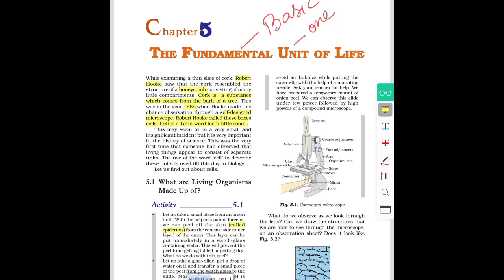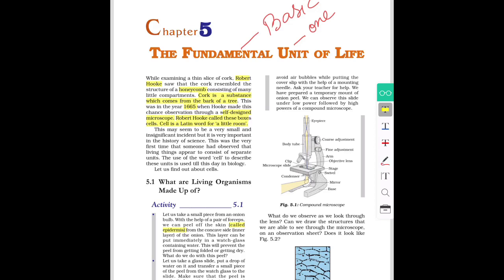Why do we require iodine solution? The cell actually is a colorless unit. So when you try to observe it under the microscope, you won't be able to see anything specifically as it is almost transparent. To observe the various parts of the cell and to observe the cell distinctly, we use iodine solution or various other solutions which are also called stains. These stains mark certain areas of the cell prominently